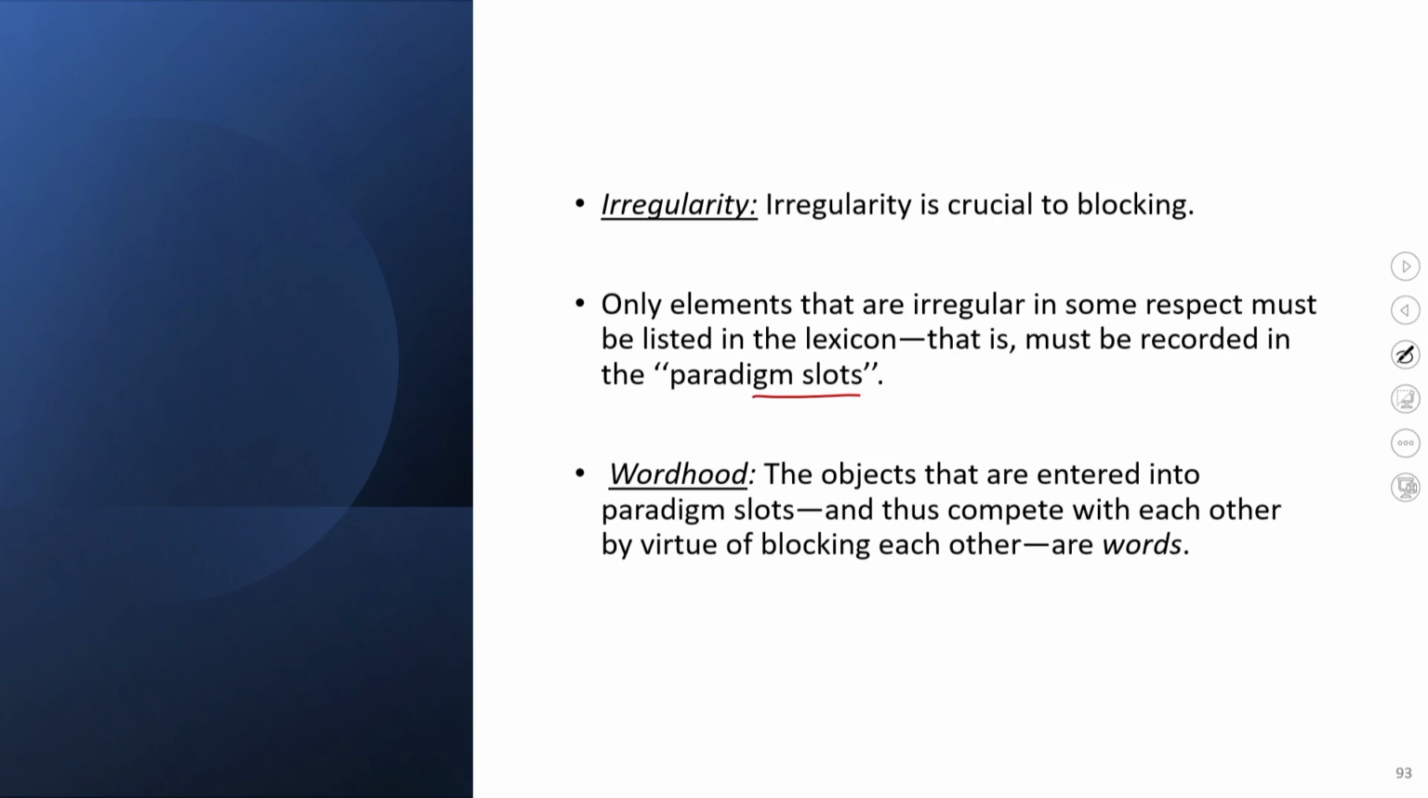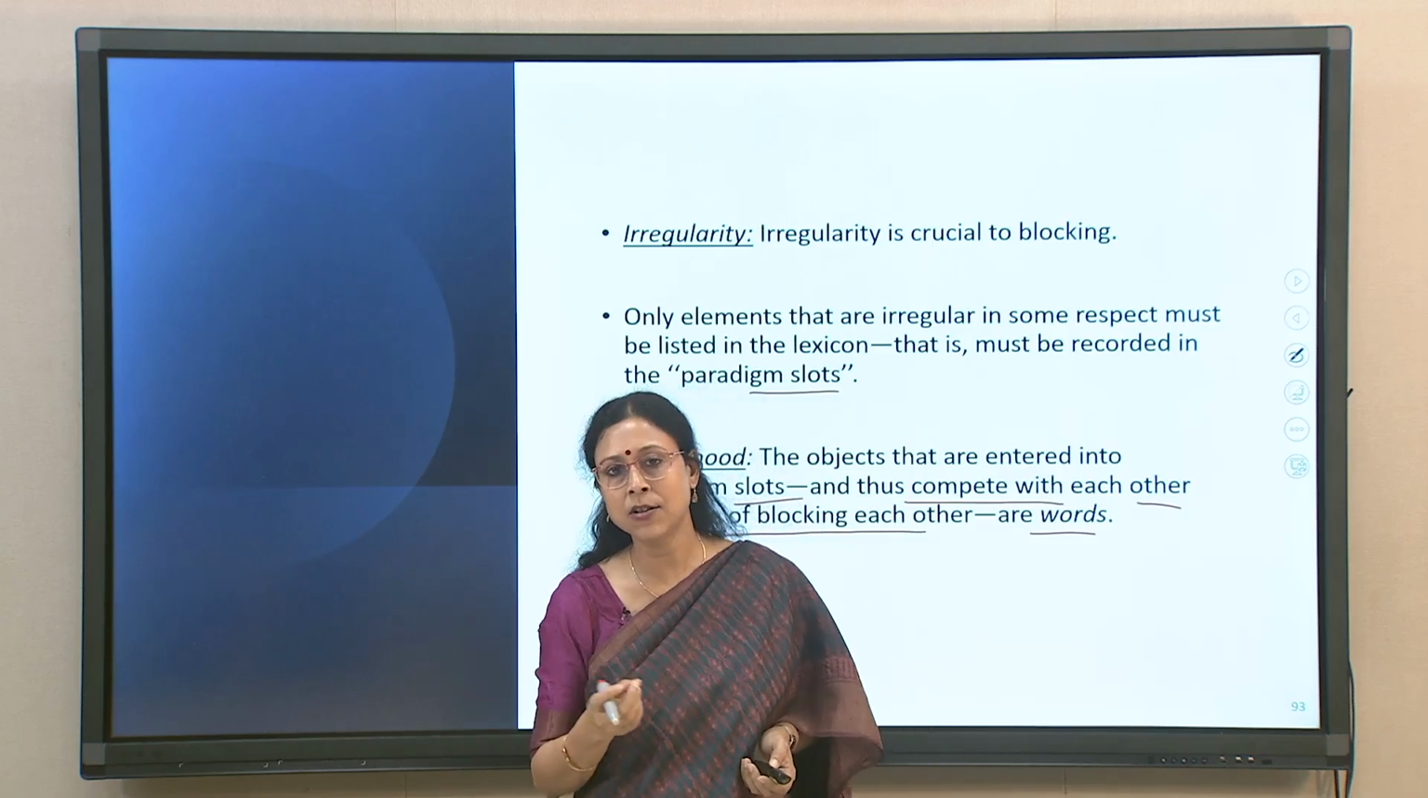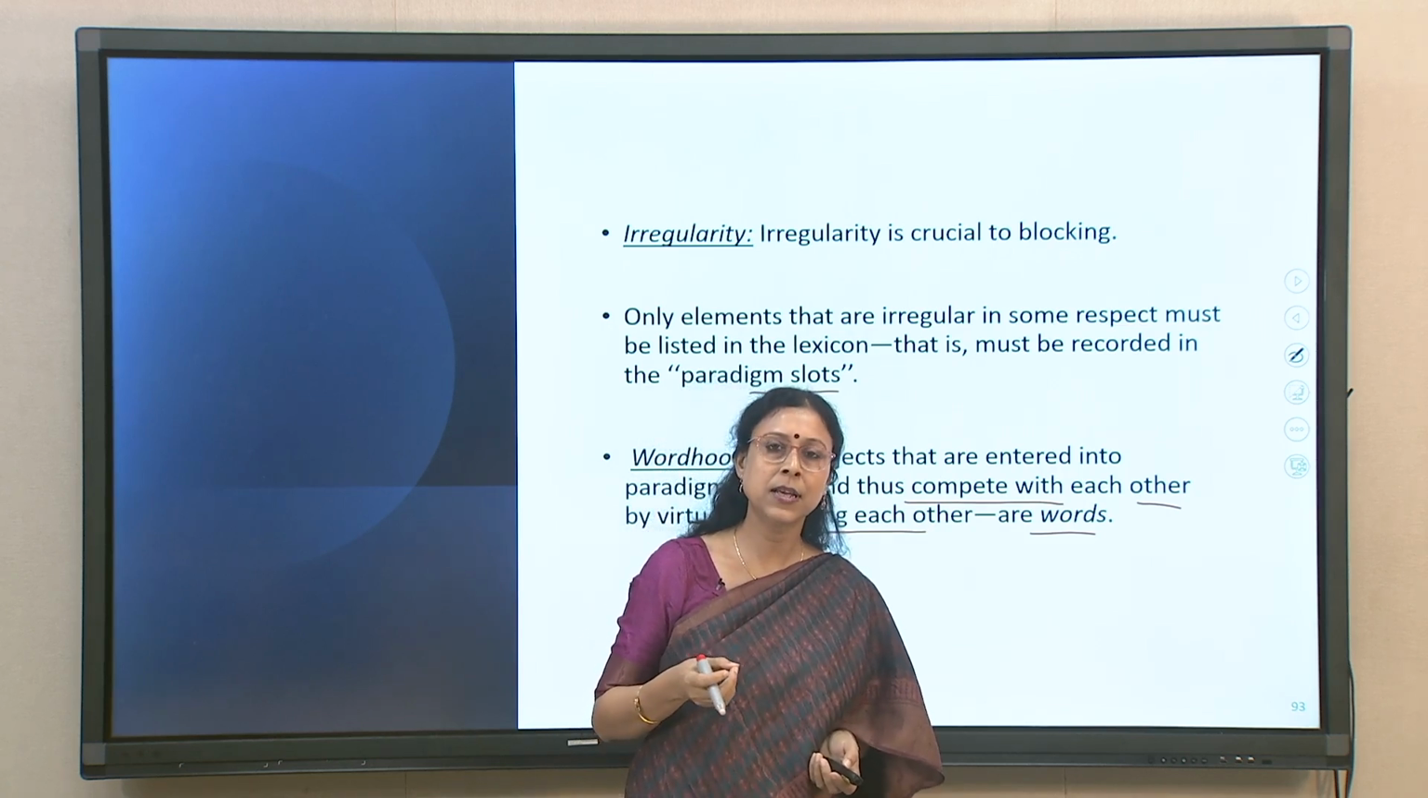And then the fourth component is wordhood. The objects that are entered into paradigm slots and thus compete with each other by virtue of blocking are words. So, they all are words. They have to have what he calls wordhood in order for them to be part of